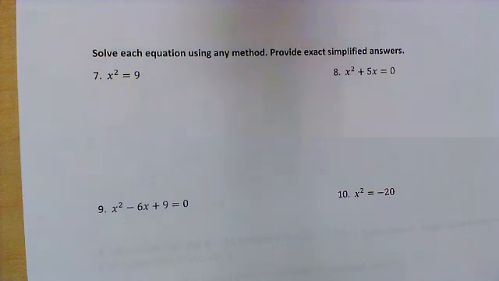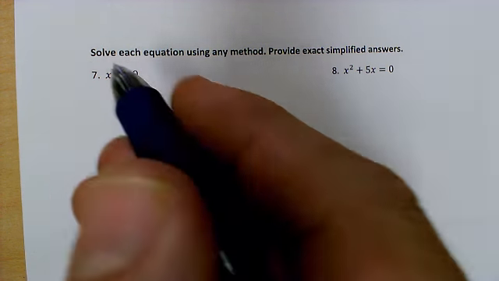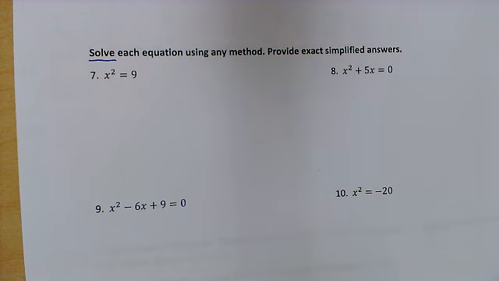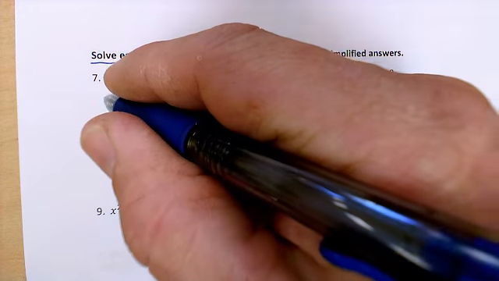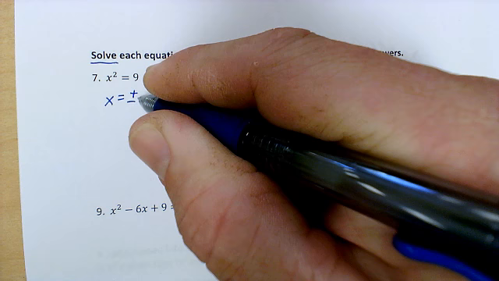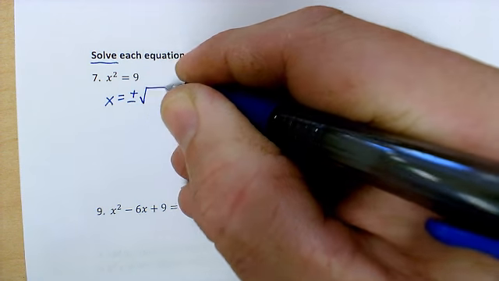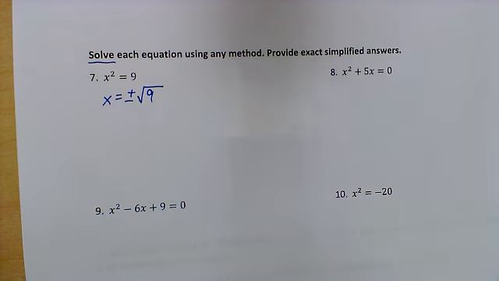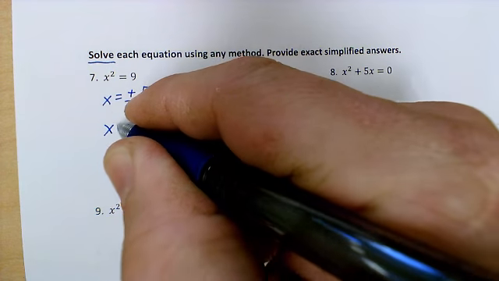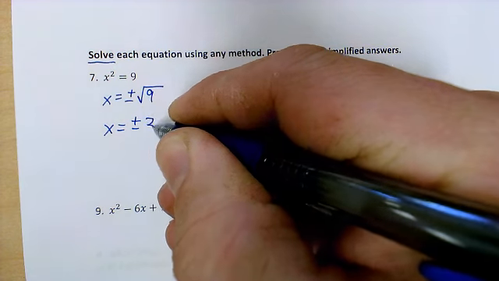All right, we're going to shift gears yet again. You're going to see that on these problems we are to solve and provide exact answers. So on a problem like number 7, typically I always start with graphing, but here, since it's pretty much set up for square rooting, I'm actually going to go that route and do the positive or negative root of 9. And the square root of 9 is 3, so x equals positive or negative 3, just